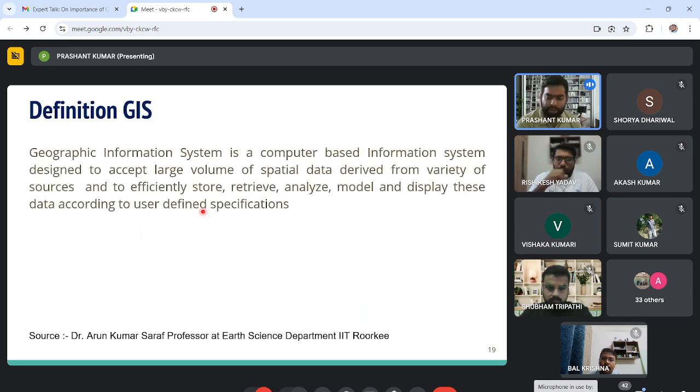So this is one of our professors from IIT Roorkee. The way he defines it, you should also know that theoretical definition. GIS is basically a computer-based information system designed to accept a large volume of spatial data. Now, as Sir has put it, spatial data, but what I feel is it's not just spatial data. Obviously, any information we can give a coordinate and convert into spatial data,